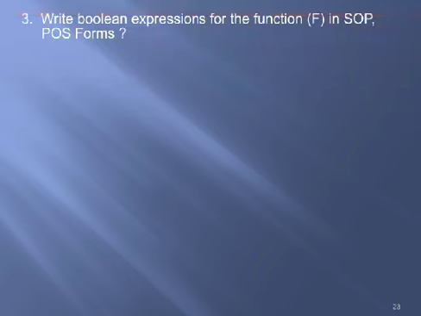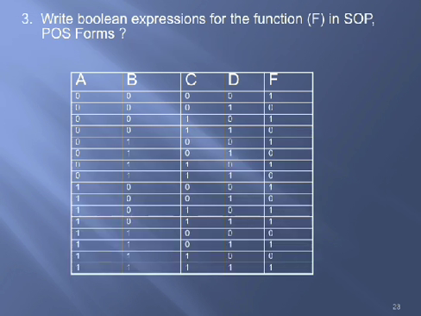Write Boolean expression for the function f in SOP, and again same thing. So in the third problem, he has given 4 variables. Instead of considering 3 variables, now you can have 4 variables. So when you are considering 4 variables, how many different input combinations you'll be getting? It is equivalent to 2 to the power of 4, which is 16 combinations, starting from all zeros to all ones. So for all these combinations, you need to check for which input combinations you are getting the output as 1, so that you can write the function in SOP form. And similarly, for which input combinations you are getting the output as 0, so that you can write it in standard POS form. The procedure will be same irrespective of the number of input variables.